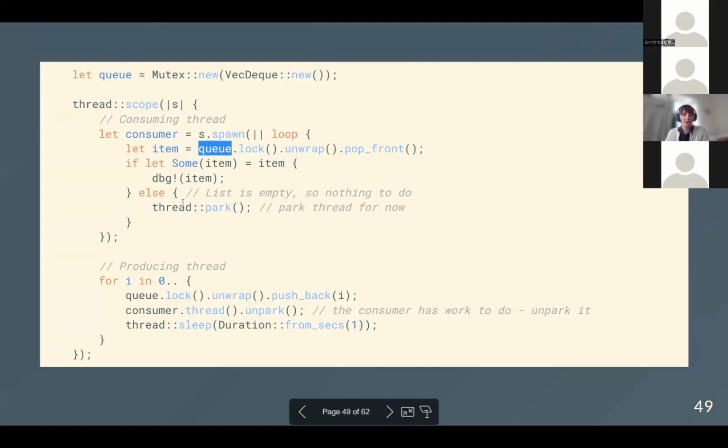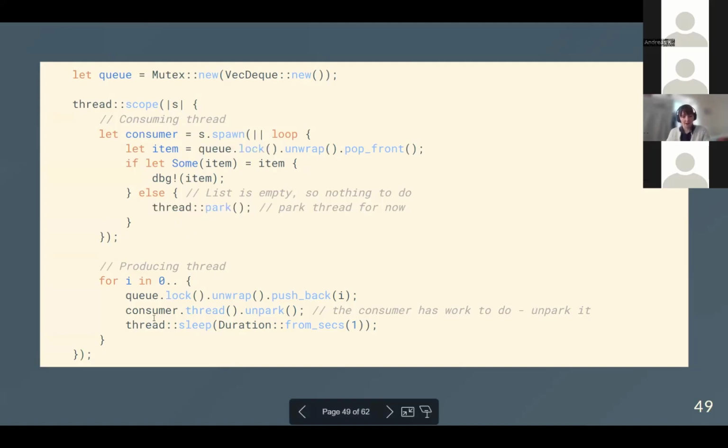And if there's none left, there's no point in it keeping checking. So this lock here would be locking the data. So there's no point in it keeping locking the data. If no one's added anything to it, it's just holding onto the lock and preventing someone else adding to it. So you don't really want to just keep locking it. So instead you park yourself,